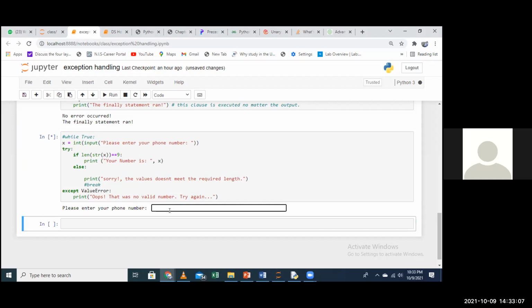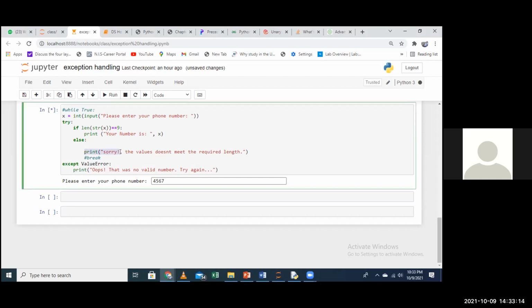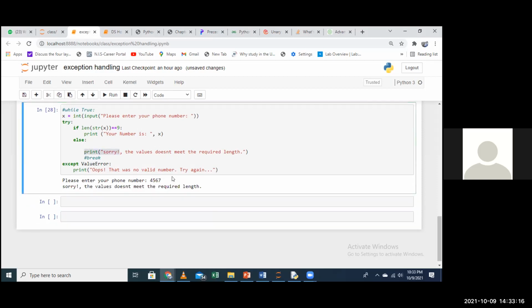Maybe run it, and then say something like that. This part of the code is executed. The value doesn't meet the required length because the length should be 9, except for the value error. So yeah.